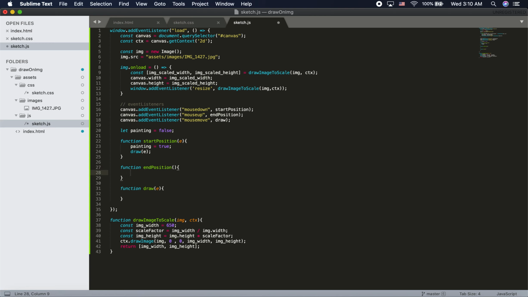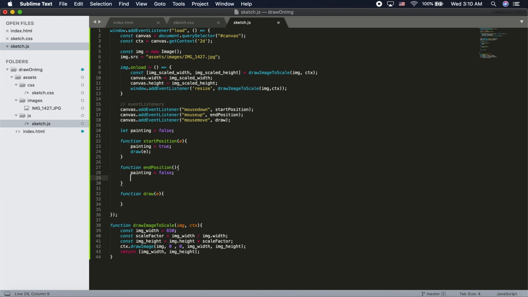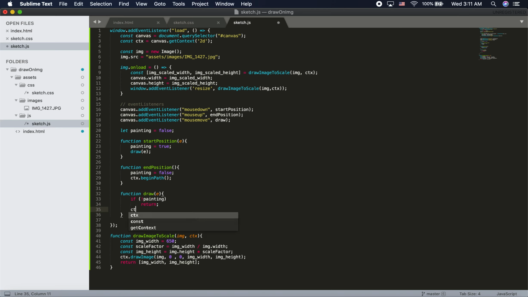Now when the drawing is finished, the pixel is finished, we would want to set painting to false, and context dot begin path. Okay, so if not painting, return. Okay, over here we would want to set the line width,